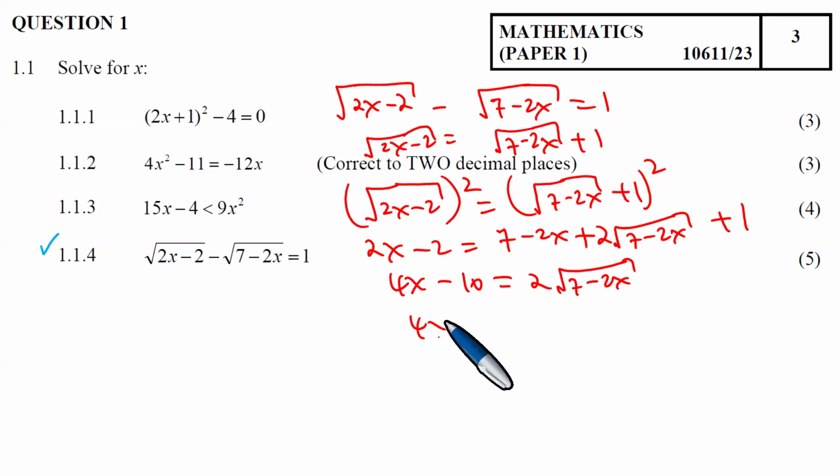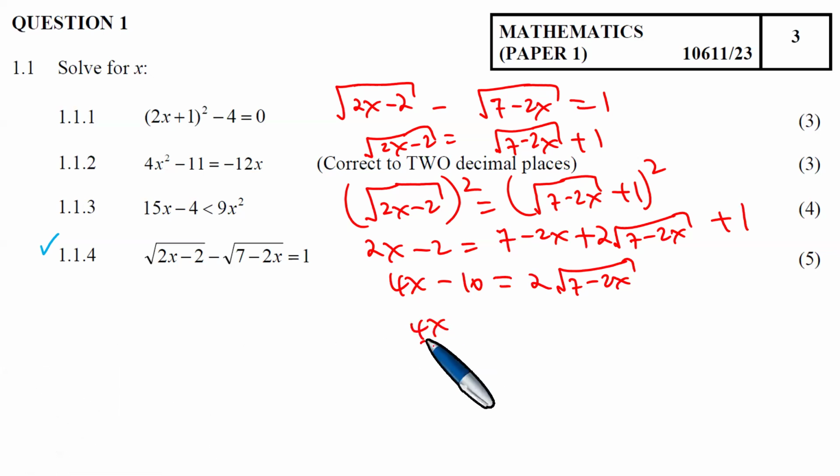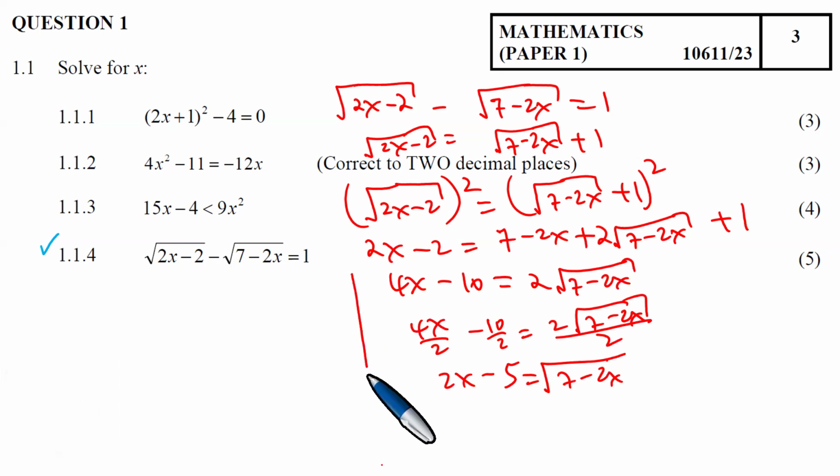We square both sides. Now we have 4x minus 10. Before we square, what we can do is divide right through by 2 to simplify this. So we have 4x divided by 2, 10 divided by 2, and 7 minus 2x divided by 2. Then 4x divided by 2 gives 2x minus 5, and this is exactly the square root of 7 minus 2x. When you get to this point, we have been able to write it like this. We have the 2x minus 5, and we square the left,